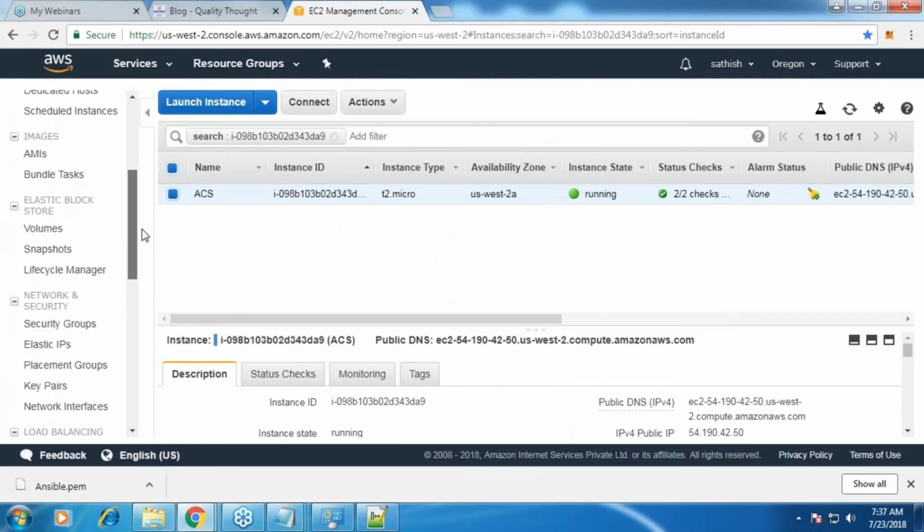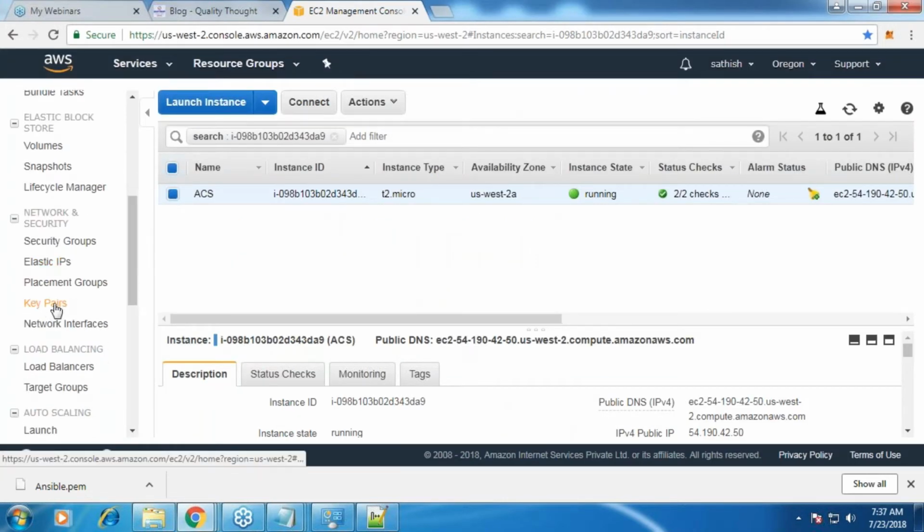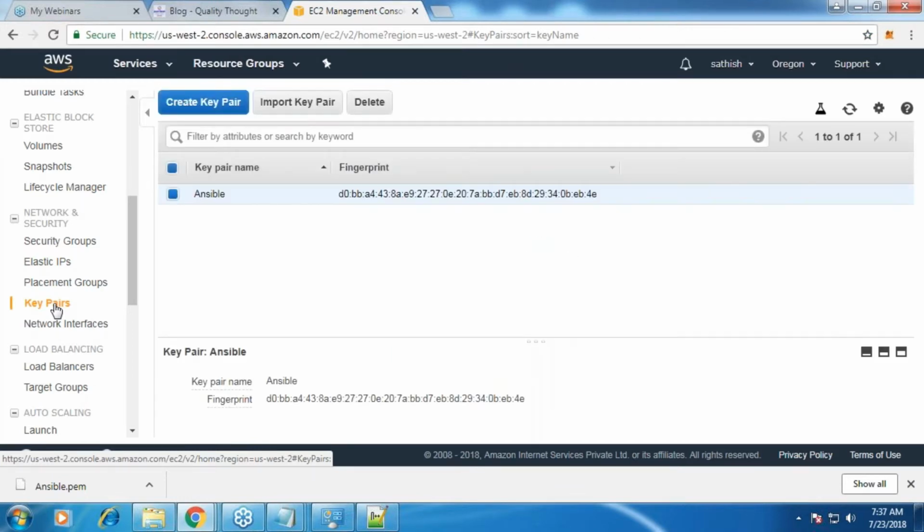Now you come over here, scroll down, and you will see something called Key Pairs, and this is what it is. You cannot change anything. These keys are created only once, while you are creating them. Once you have lost this, there is no way on earth to generate the same private key again. Are we good? I am explaining this because we have to create similar keys while we are configuring Ansible. While configuring Ansible, we'll be using the same kind of keys again.